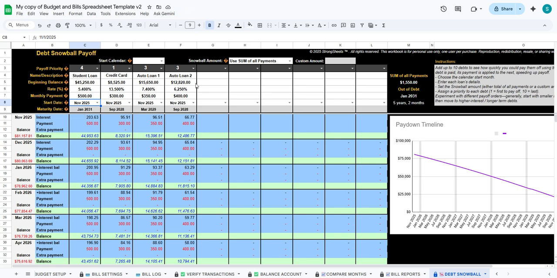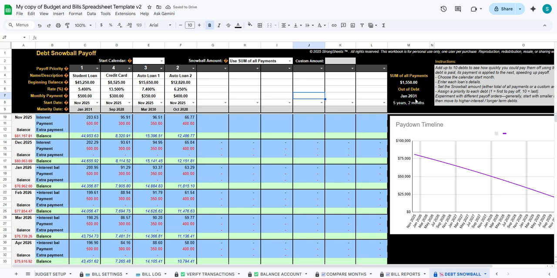This is the calculated date as to when it'll be paid off based on how you have things set up here. So here's the payoff priority. And right now I have it set to 1. Actually, I should have a 2 here. 1, 2, 3, 4. And this is, I want to pay off this one first, this one second, third, and fourth. You can change these to see how it impacts the outcome. So right now, with this setup 1, 2, 3, and 4, you should be out of debt with these 4 loans by January 2031, which is 5 years and 2 months from now. If you were to change this around to say, I want to pay this one off first and this one off last,